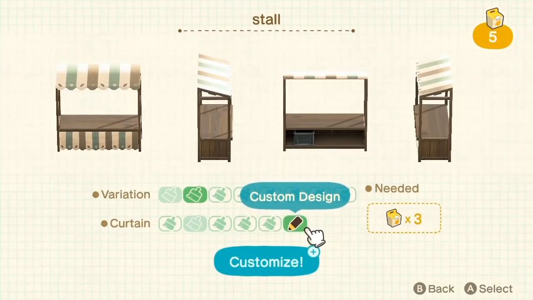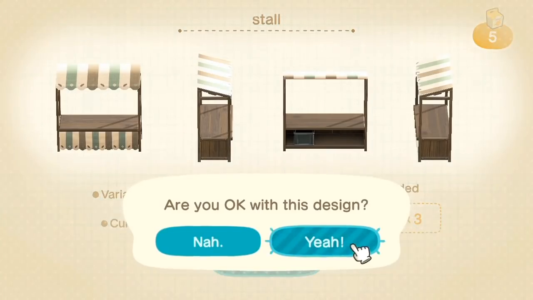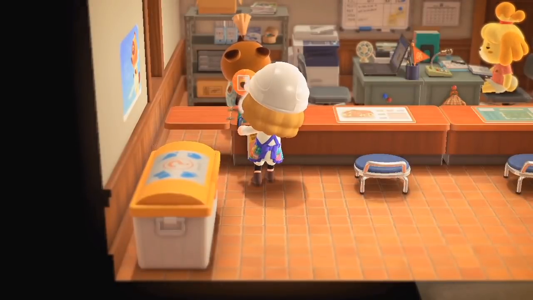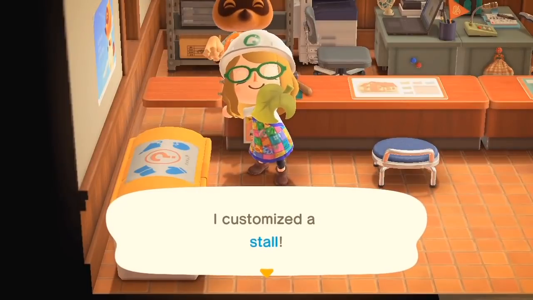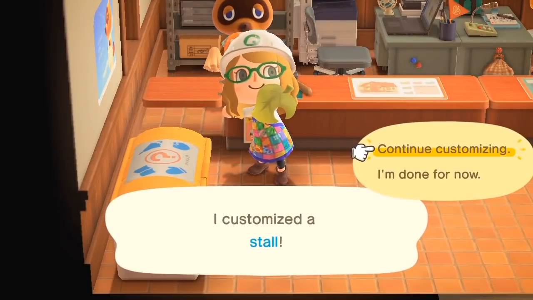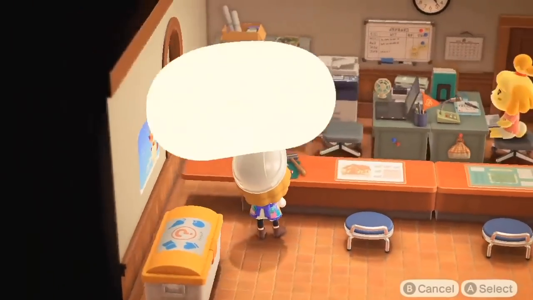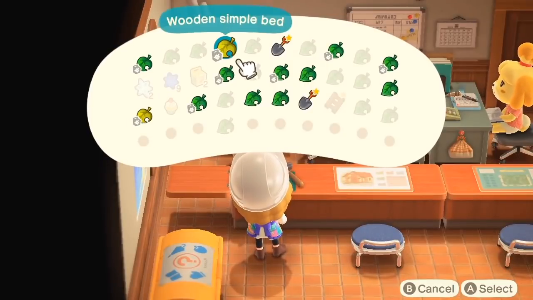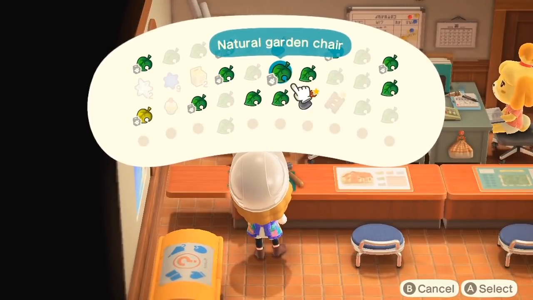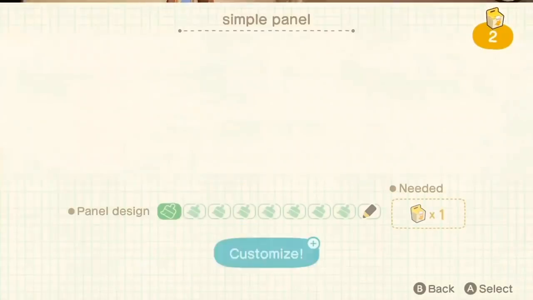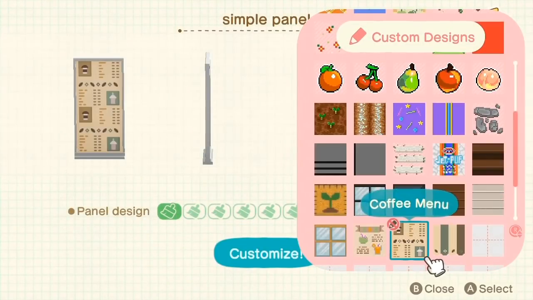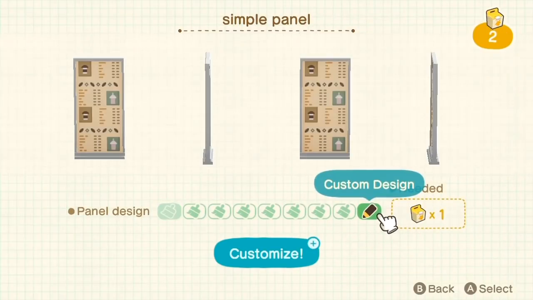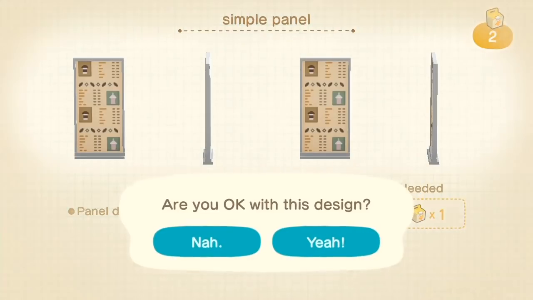For this next one, we're going to just make a really simple coffee shop area, or maybe a little cafe area, using a couple different designs. So I am customizing stalls with a pattern that I downloaded off the internet, and it is basically just a cafe-like design. It does come with 2 parts, so it comes with the stall, and it also comes with the menu,